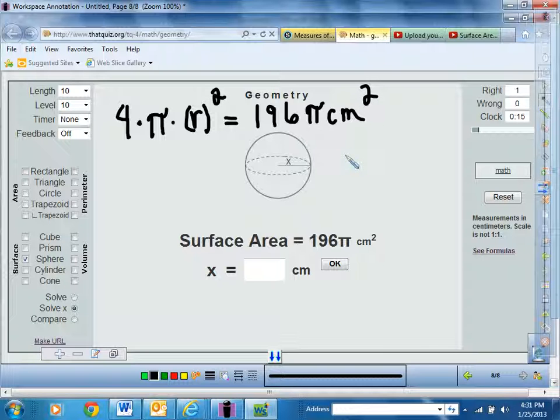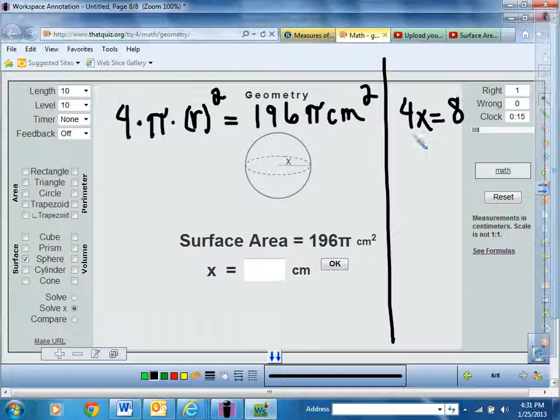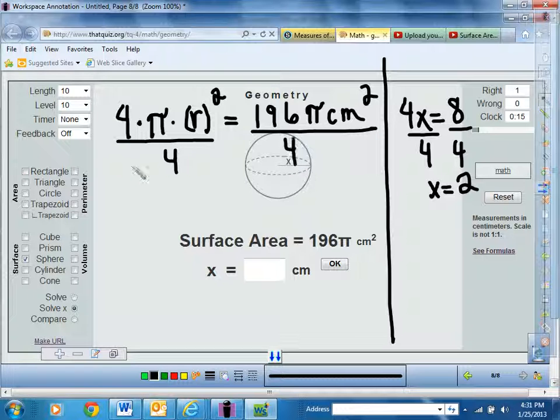Just like in that last problem, if I have 4x equals 8, then you know you're going to divide by 4 on both sides. So x will be equal to 2. We're going to do the same thing here. So I'm going to divide by 4. Divide by 4. So 4 divided by 4 is 1. So what we're left with on this left side is pi